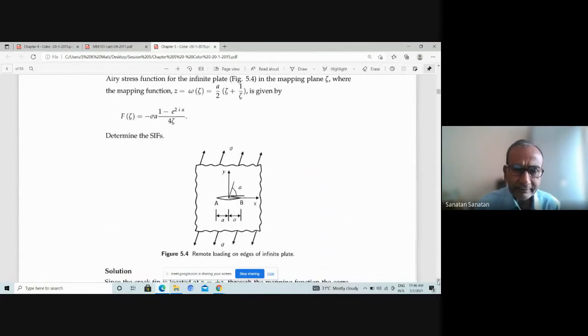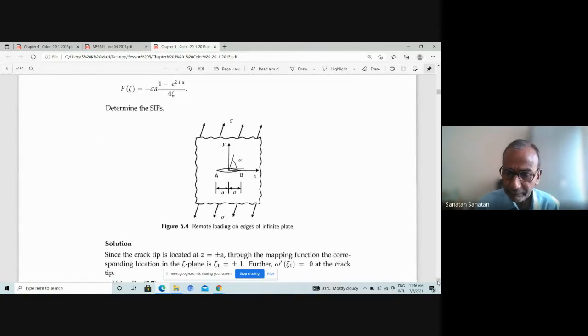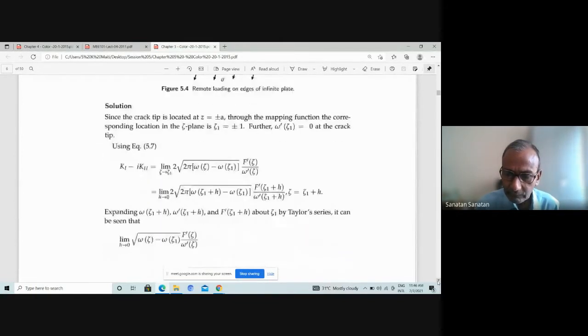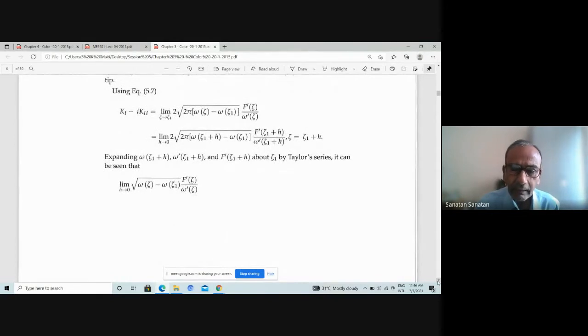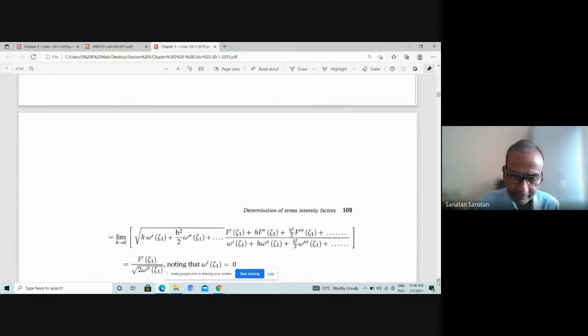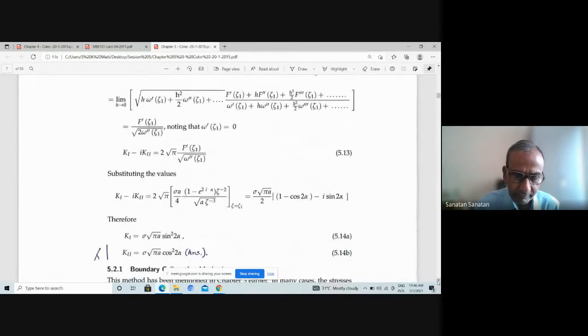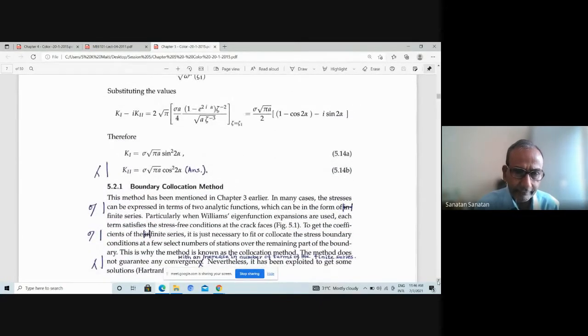And this is the mapping case. I don't want to discuss the mapping case here because it will involve some other expansions and simplifications. So I leave it to you for reading, and it is manageable. Please take it up after you have finished the course and you are at leisure.